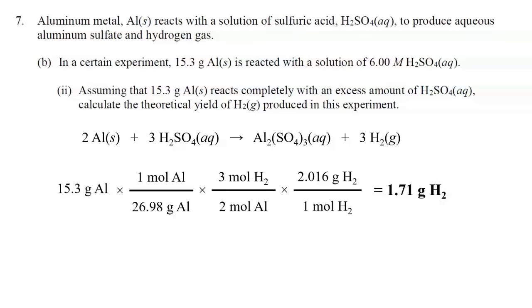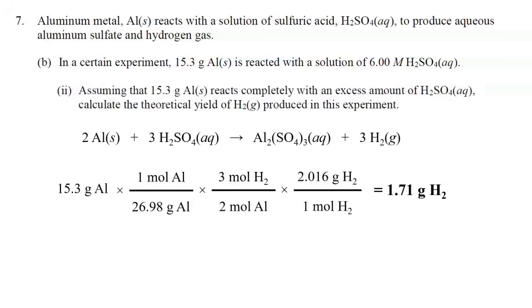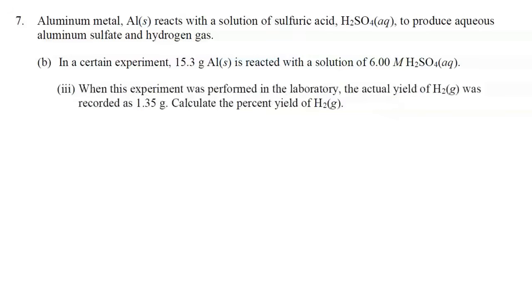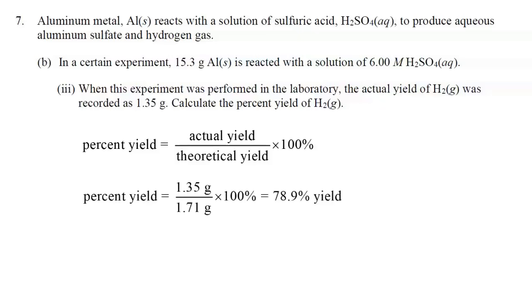Let's move on to part III. It says, when this experiment was performed in the laboratory, the actual yield. So again, we just got the theoretical yield, which was 1.71. The actual yield of hydrogen was 1.35 grams. Calculate the percent yield of hydrogen. So take the actual yield, 1.35 grams, divided by the theoretical yield, which is 1.71 grams, and then times 100 to convert that to a percent. And our answer for part III is